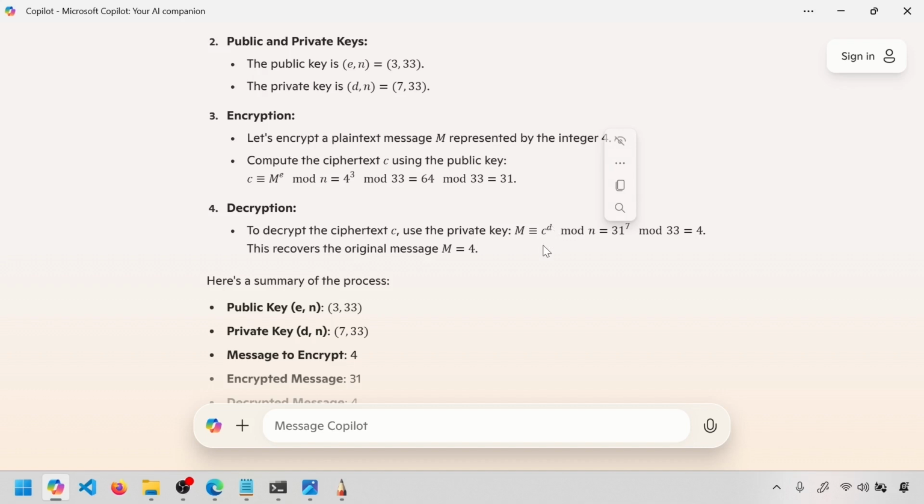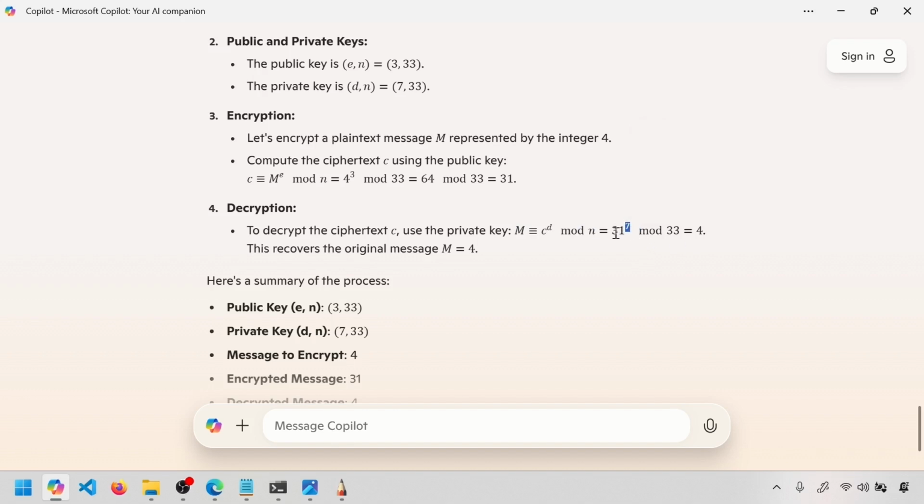This is the crux of this discussion, everyone. So pay attention. D is a number which is not here. We used E, but D is not there. D is used for decryption. It is a different number, part of the private key. Very important. C raised to D mod N equals M. In this case, 31 raised to 7. D is 7 in our case. 31 raised to 7 mod 33